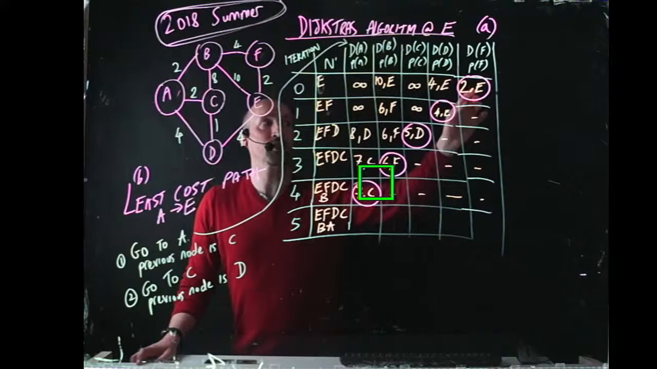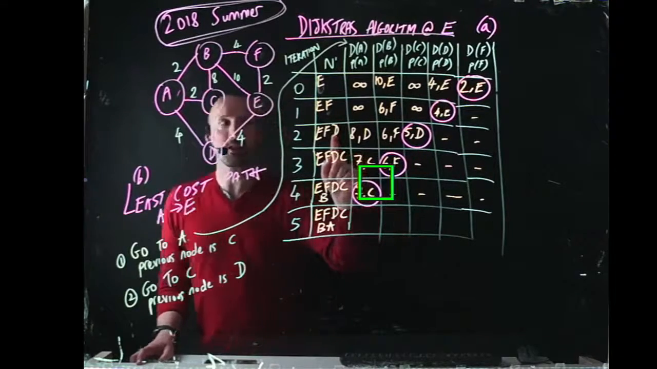I've already added 2E, so I'm not going to put that down anymore. I know everything about F. Now I review the nodes I have here. I've got infinity for these two because I've got no connection yet. I noticed that 4 is the shortest cost. That was to get to D, so I add D to the list of things that I know everything about,